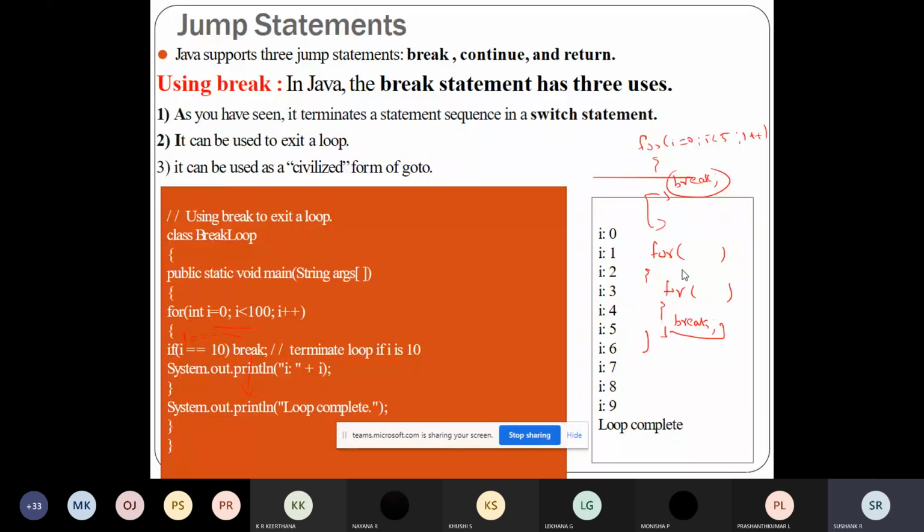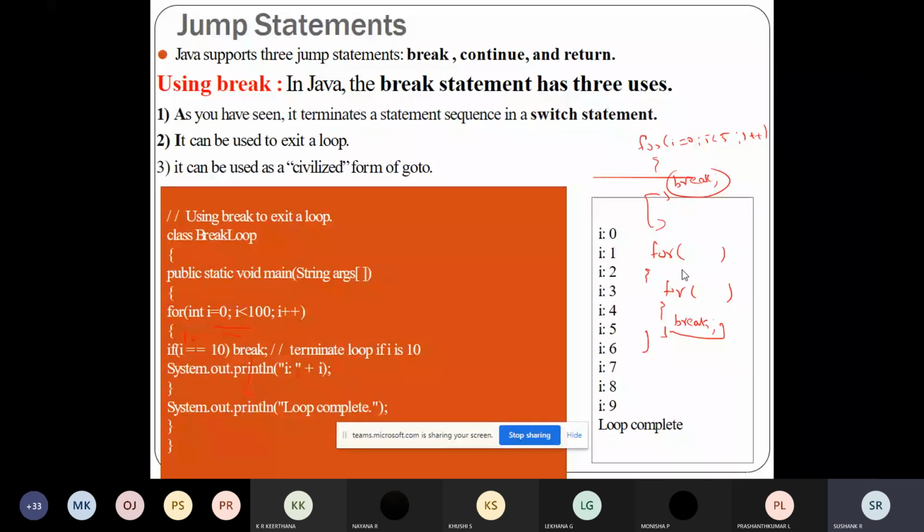So this is the one point which you can remember. When you're using multiple loops, or nested loops, the break statement is applicable to the loop in which you have called it. For example, if one outer loop is there and an inner loop is there, and you are using the break statement, that will be applicable only to the innermost loop. This is the one point which I wanted to tell. This is how the break statement is being used in Java.